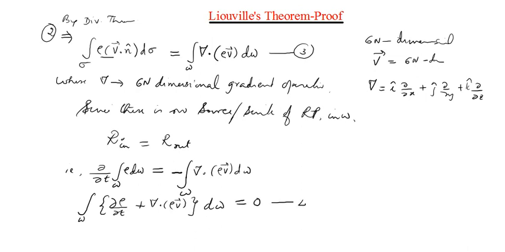Now this is the time that we pause a bit in between. Why? Because if you look at this equation carefully, you can understand that this equation is quite identical to something. Let me put up one more argument. What's the argument here? The integral of some integrand is equal to 0 over omega. That's the meaning, right? And we have been telling that omega is any arbitrary volume.